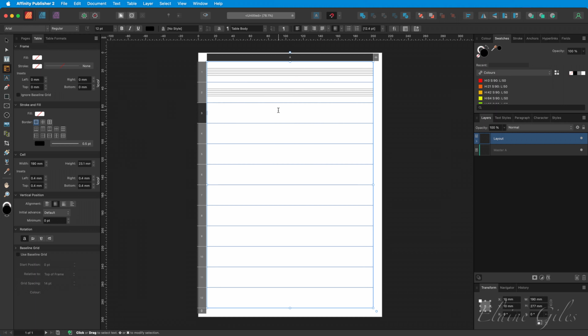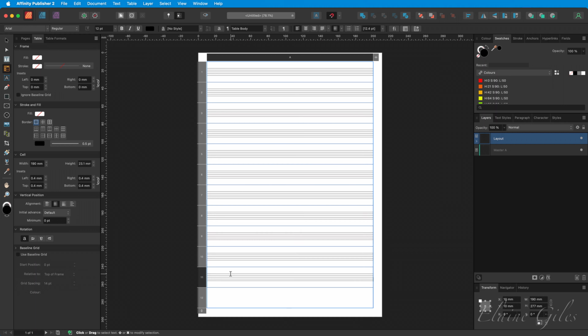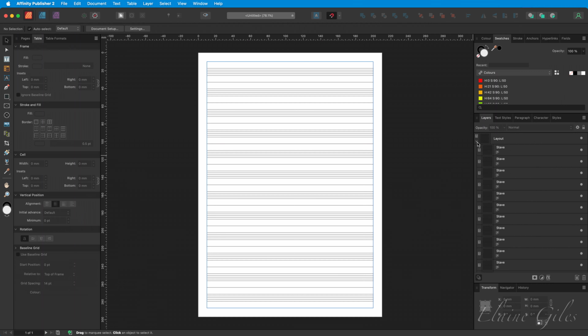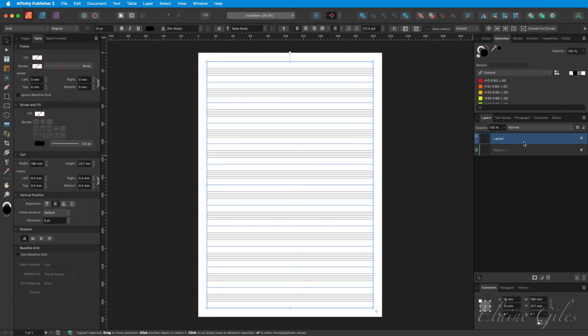And I need to do that for each of these rows. Now clicking away, it looks a little bit complicated. There are 12 nested tables nested inside the layout table. To see that, let's have a look at the layers. And the layout table's at the top, and there are 12 cells in it, with a stave table nested in each one. The layout table does not need any borders of its own because it's only going to be used